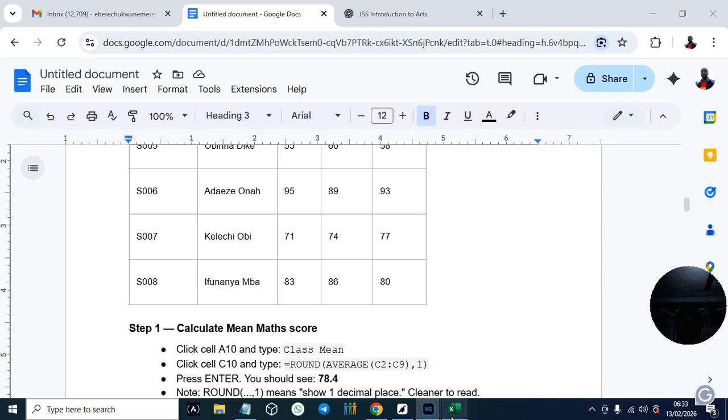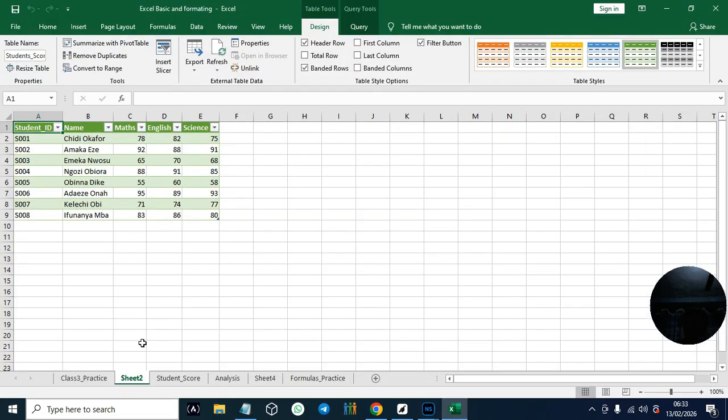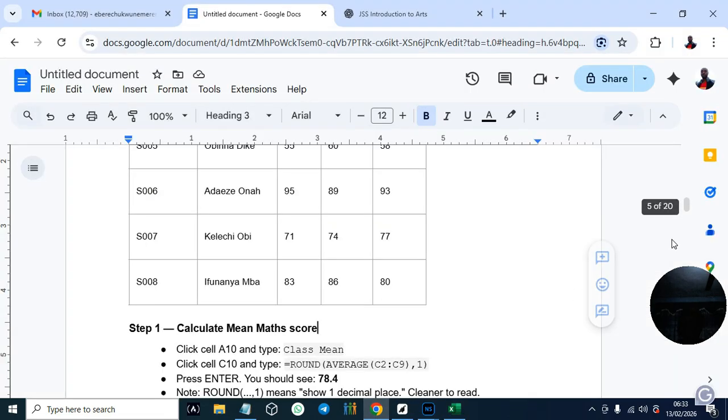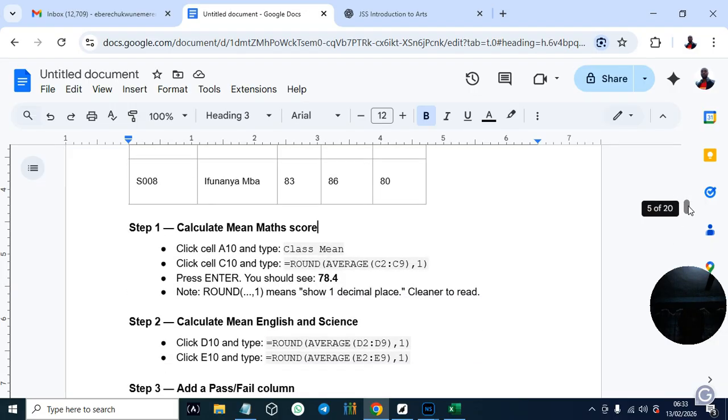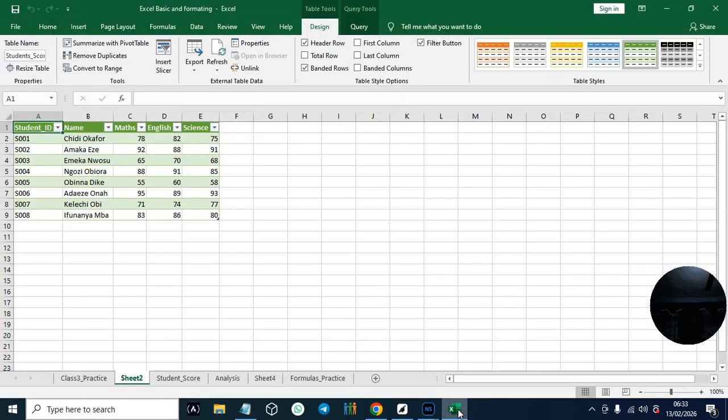Okay, welcome back. I have finished entering my own data set. So my own set is ready. Now let's do the calculation. Let's calculate the mean mass score. I click on cell A10 and let's type the class mean. This is A10.